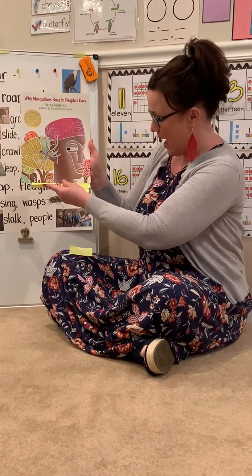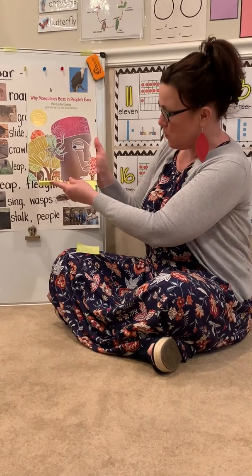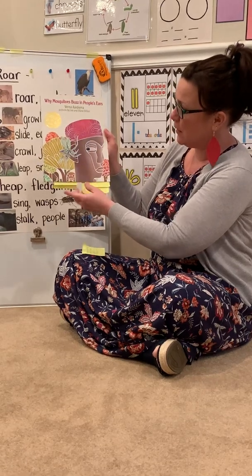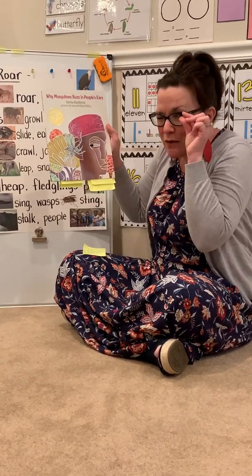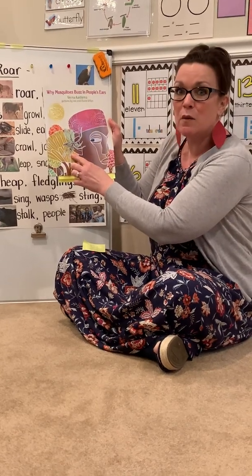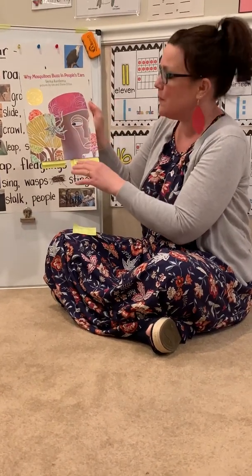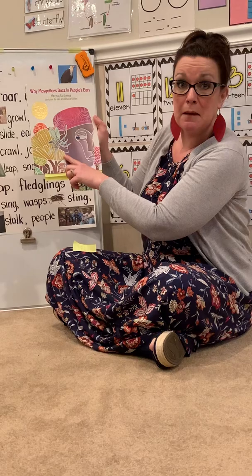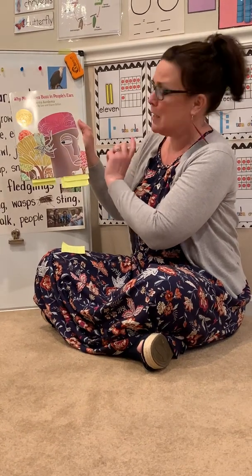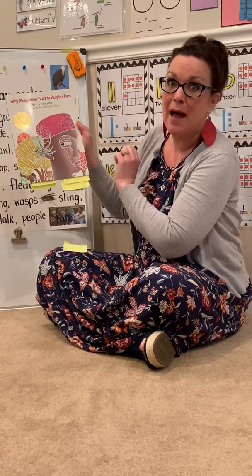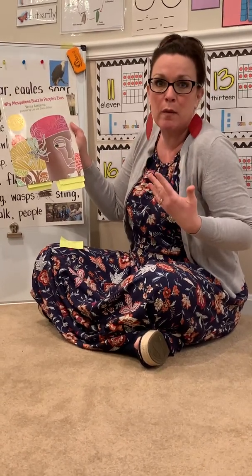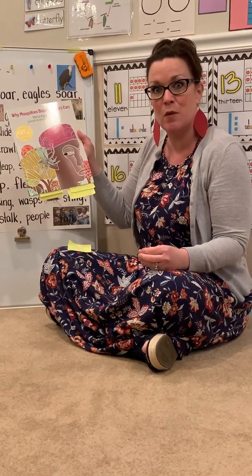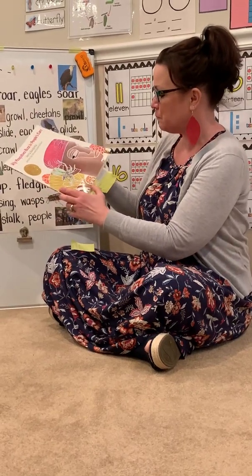So if we look closely at the front cover, you can wonder if an illustration can tell a story. So what do we see on the front cover? We see the mosquito. We know mosquitoes are really, really tiny, but since the mosquito is one of the main characters in the text, it's bigger, right? And then you can see that this person is giving that mosquito the side eye. So I already know that this person seems irritated by that mosquito. So I'm already learning a little bit more about the story by closely looking at the illustration and thinking about it some more. That's what we're going to do all through the text today.